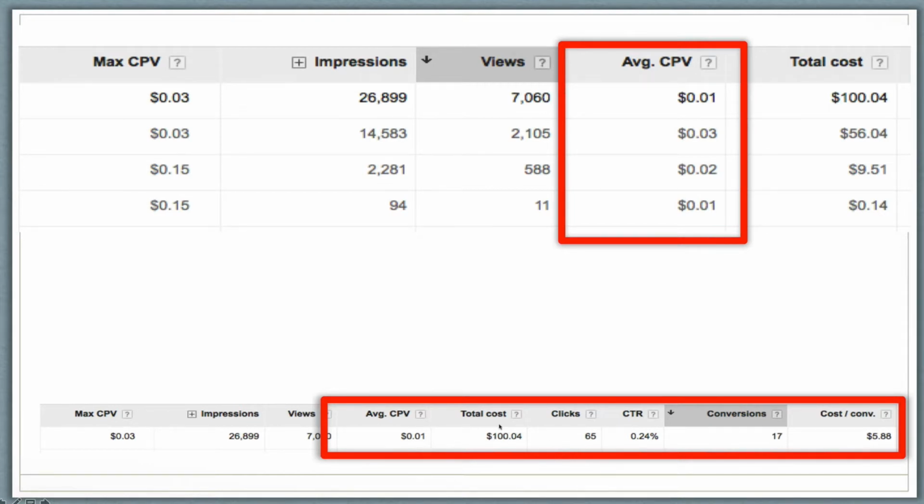And right here, this is from one of my campaigns. I spent $100, and $100 is kind of the magic number. I just want you to remember that number, because I'm actually going to show you in a little bit how to get Google to give you $100 so that you can start running your own ads today and not have to pay for them, right? So Google gives you $100. So with that $100, I was able to make 17 sales of one of my products, costing me just $5.88 to make a sale from this campaign, right?